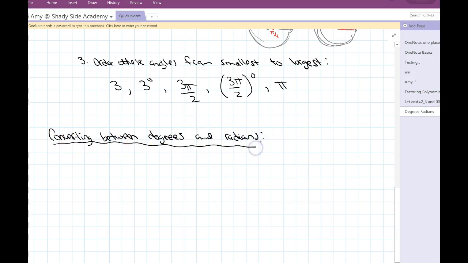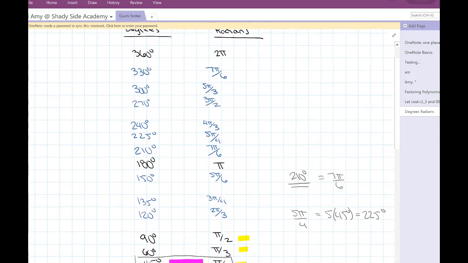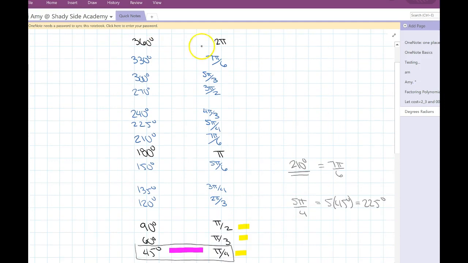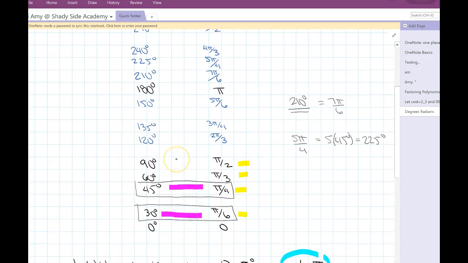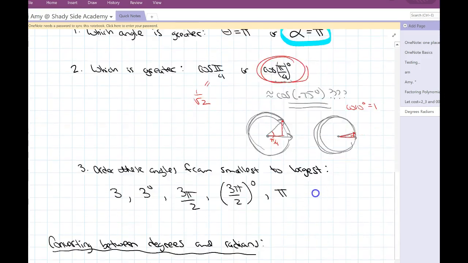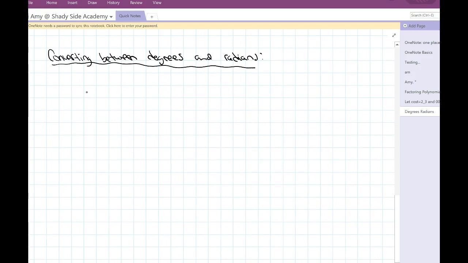So for these angles up here, we just figured out the conversion: 360 degrees equals 2 pi, and that gives us all of these radian measures of their corresponding degree angle measures. What I want to think about today is, how do you take an angle like, let's say, 82 degrees,